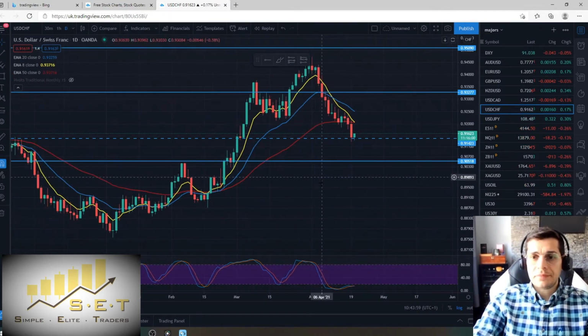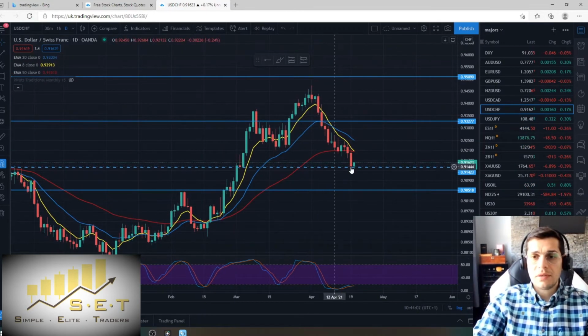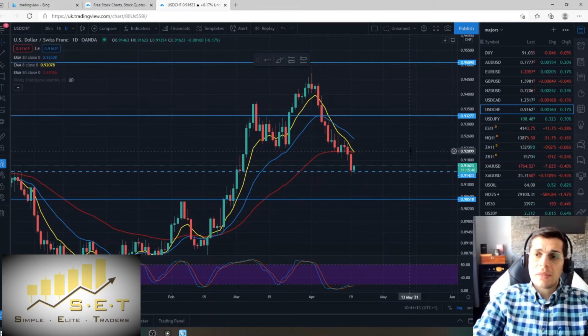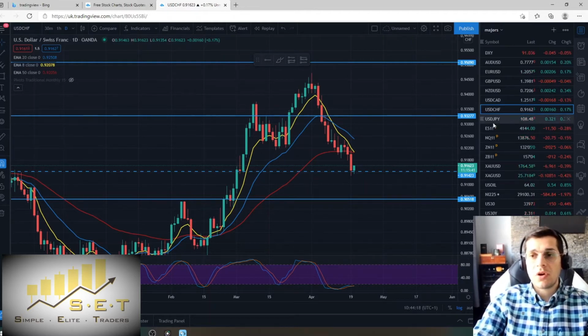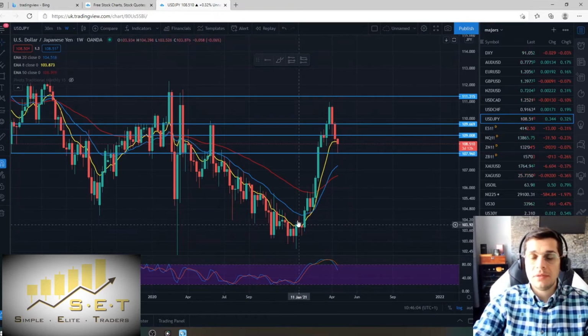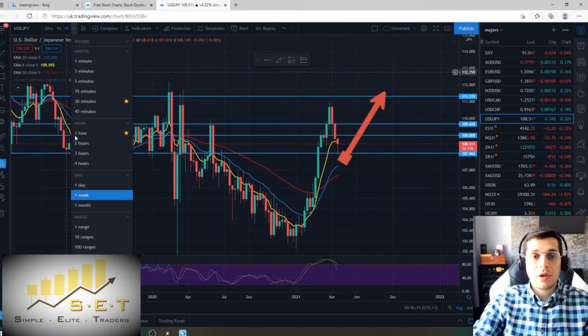Dollar Swiss franc, we can see as well I have this soft level here around 91.41, which looks like it is rejecting as well. But the chart which I like most and which I'm in right now is Dollar Yen. So let's analyze the Dollar Yen on the weekly time frame to have the big picture. We can see it is an uptrend on big phase 1 and nicely pulled back on phase 2, rejecting this level around price 108. If you drop down to the daily time frame,